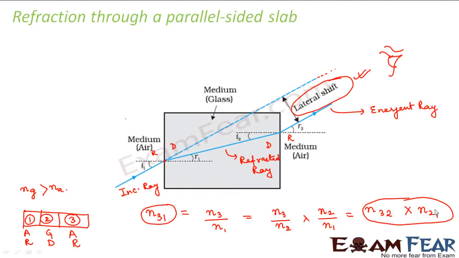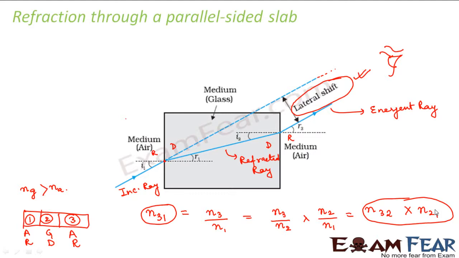These are some of the small things which you should keep in your mind as they will be helpful while solving problems. So I hope you have understood the phenomenon of refraction. There is nothing much to discuss in great detail about refraction. It is just a simple phenomenon which takes place when light enters from one medium to another. Now how the bending will take place is determined by the refractive index of the medium.